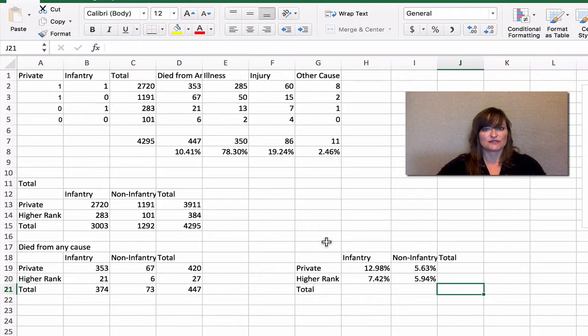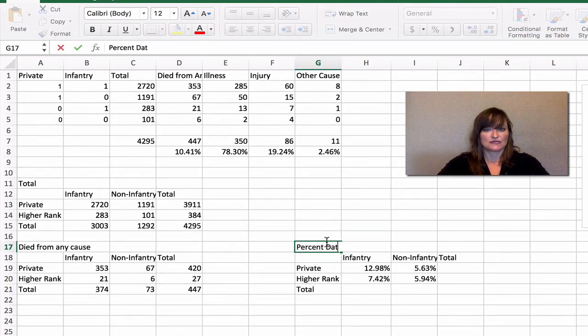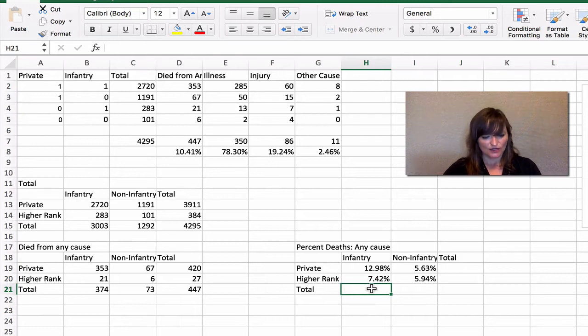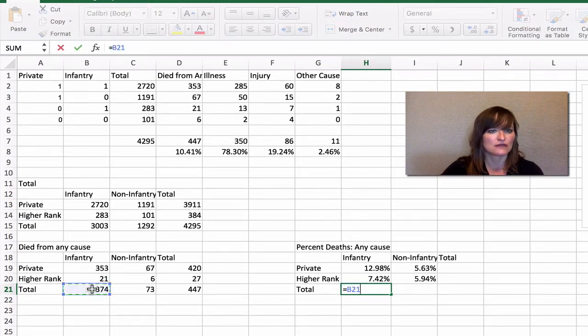So this is percent deaths, any cause. Let's add the totals. So we want to know, again, just the proportion, the total who died over the total in that group.